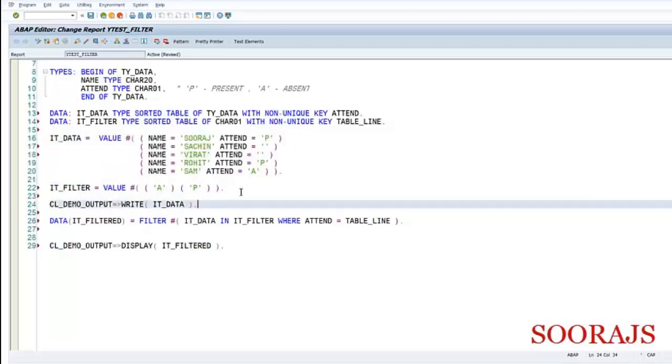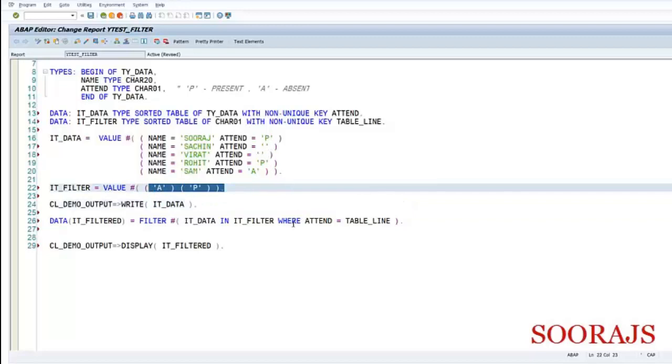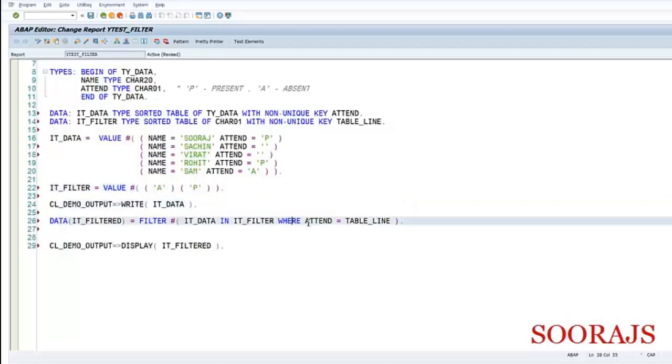What is the criteria here? It should be A and P. What is where? Attendance equal to table line. Attendance is included in IT_DATA, and table line is included in IT_FILTER.